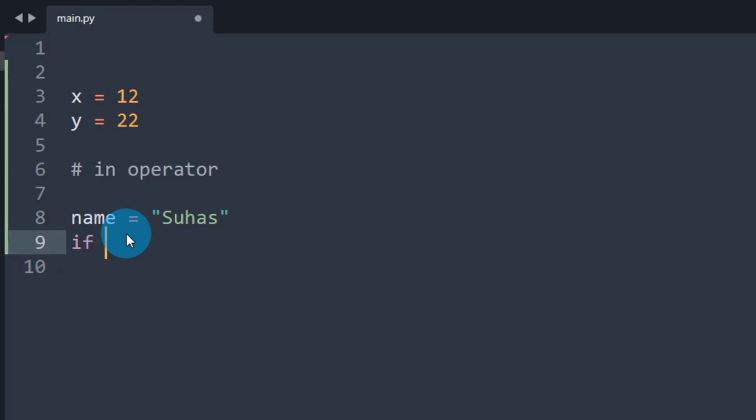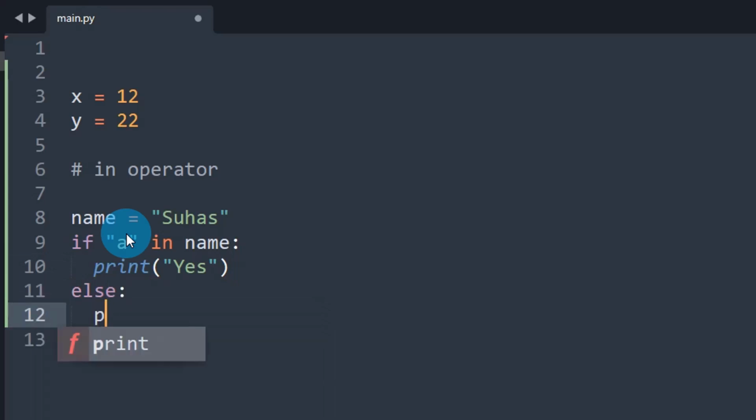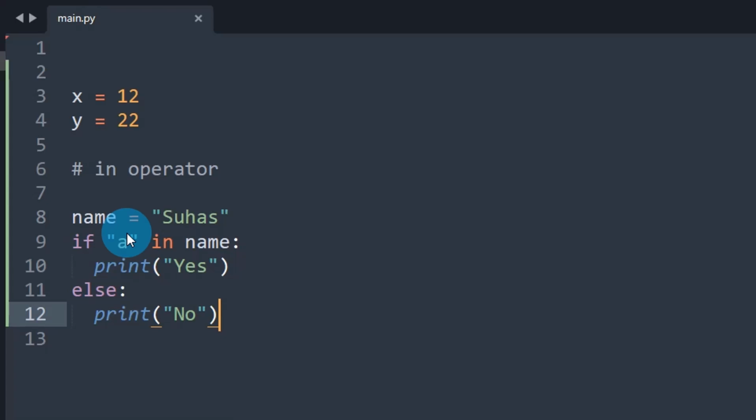What is that letter? Let me write if a in name, I want to print yes, else print just no. Okay, let me execute this program.